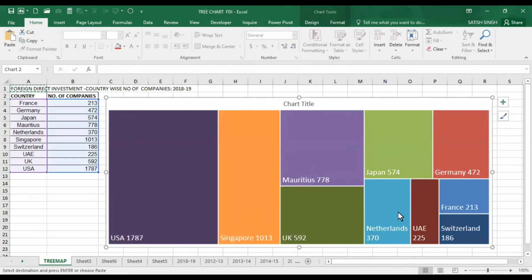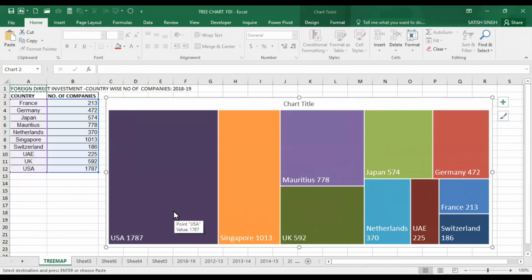Now we can immediately conclude that the country with the highest number of companies investing in India is USA with 1787 companies, and Switzerland with 186 companies. Next is France. You read it starting from the right at the bottom to the top, then go left, and again from the bottom up, Singapore and USA.